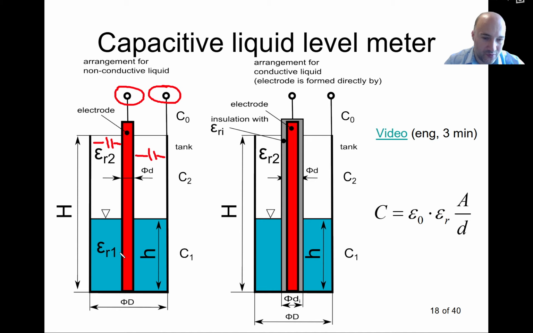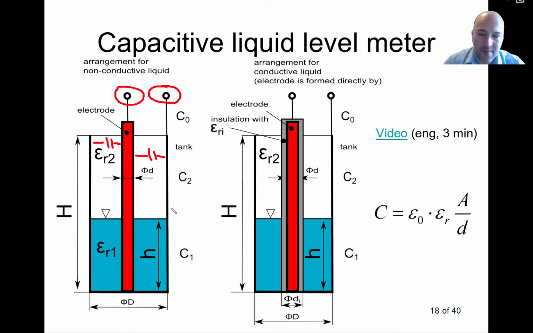Fortunately, for example, if we have water, then water has permittivity about 80. Depends on the temperature, of course, but approximately 80 for 20 centigrades. And then we have a significant difference between those two capacities. So as we are increasing the liquid level, our capacity that we measure is increasing. So C1 is increasing. C2 is decreasing, but C2 is very small compared to C1 because here we have different